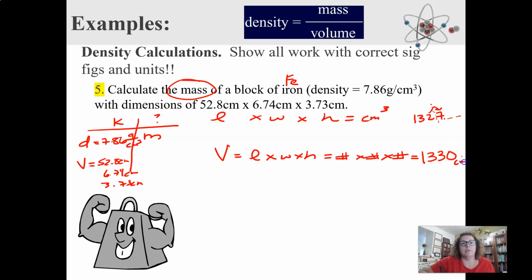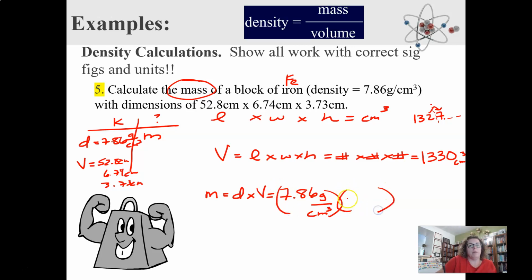And then centimeters cubed. Now don't box this. It's not the answer. It's what we need to get to the answer. So I'm solving for mass, okay? And because I have done my triangle to death, I know that density is multiplied by volume, okay? So mass is density times volume. I know my density from back here, 7.86 grams over centimeters cubed, and I'm going to multiply that by that volume,